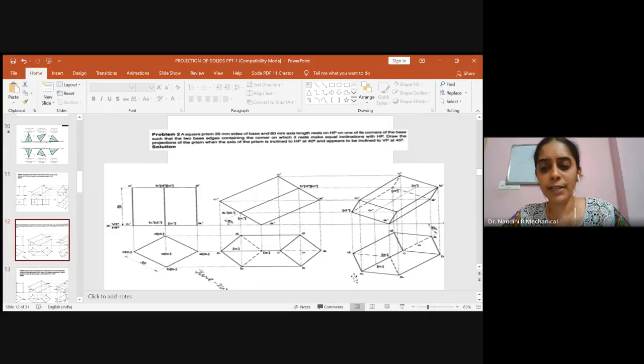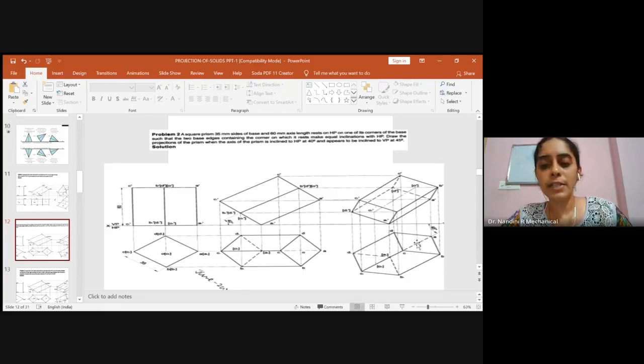So first you take the 45 degree line. After taking the 45 degree line, you have to fix either O1 or O, whichever is convenient. So in this case, O is fixed. To fix this point, see that you have enough space to complete below the XY line. Don't start very near to the XY line. Leave some space such that even after identifying O, you have this much space to construct the remaining part of our top view. Leave some gap and fix a point O. So we are fixing the center of the top surface.